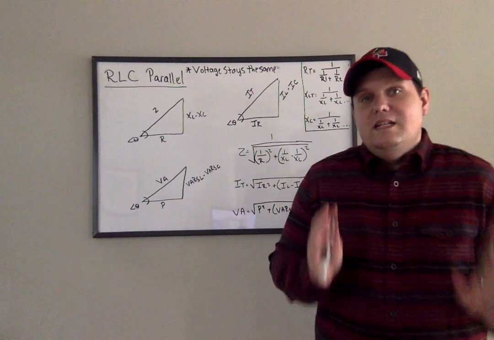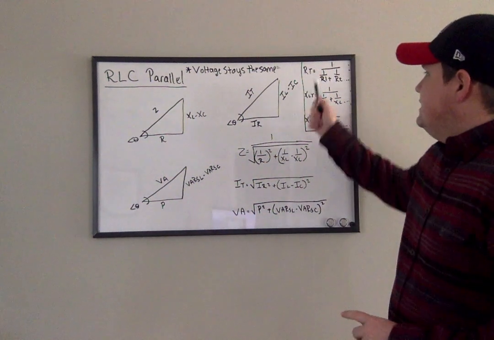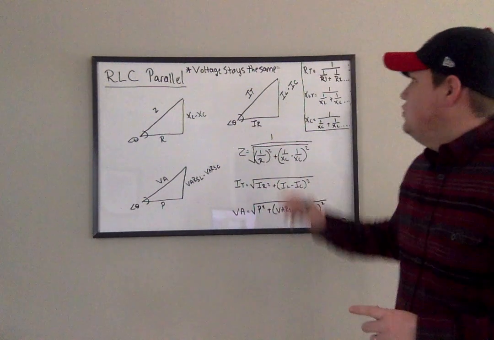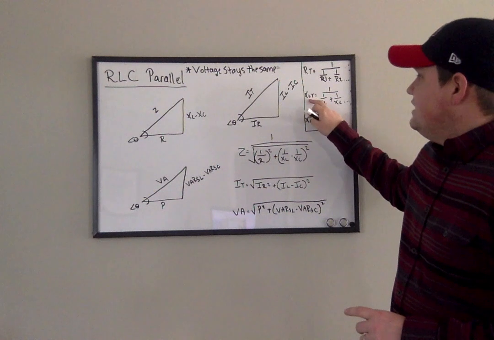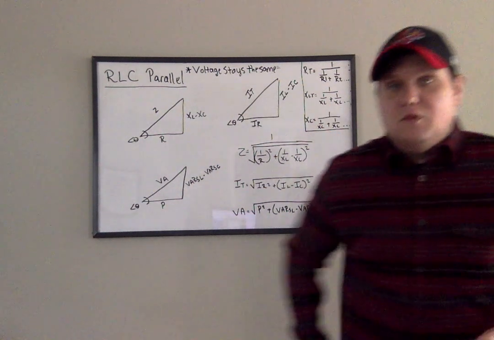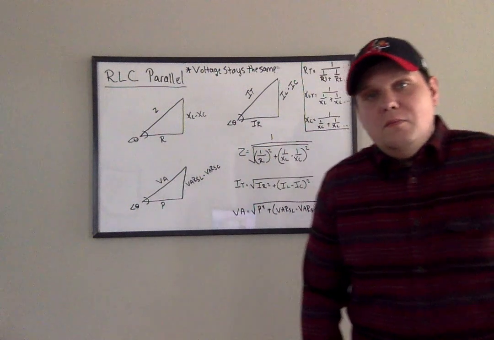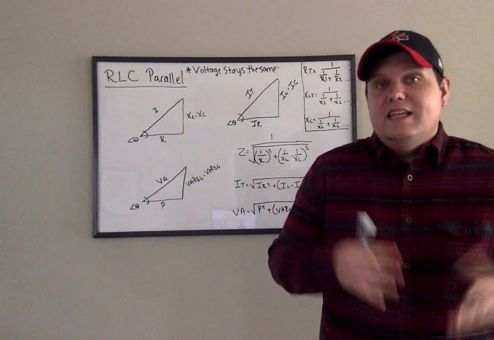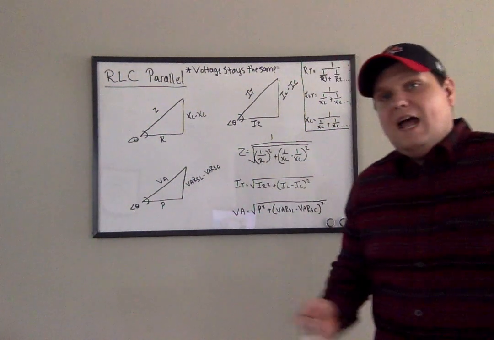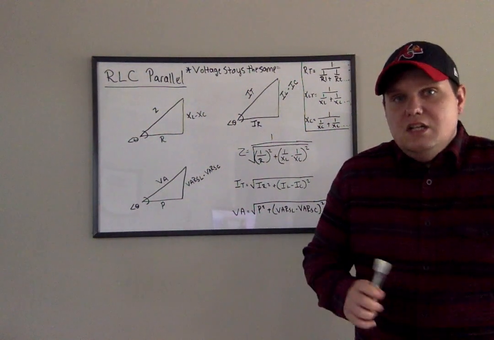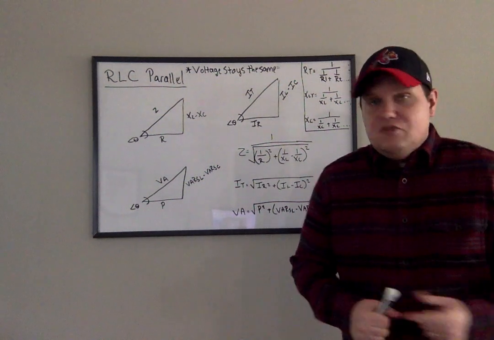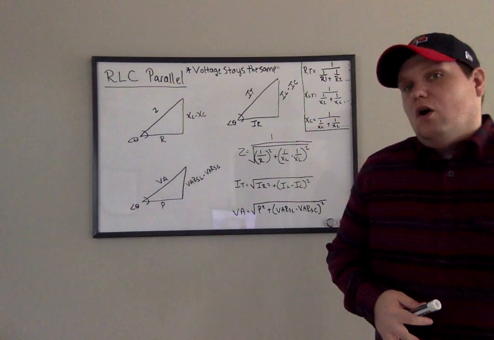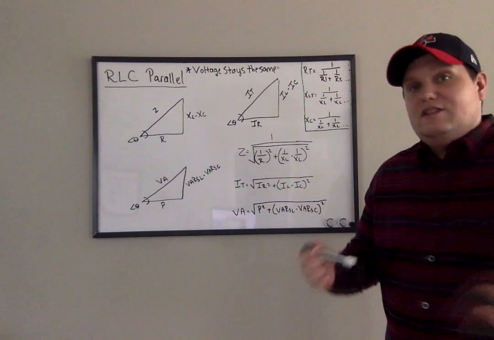The main thing that we need to remember is that when we are adding ohm values, and these ohm values include resistance, inductive reactance, and capacitive reactance, all of those are measured in ohms, so when we're adding multiples together and getting those individual totals, we have to do that reciprocal method. For instance, if we have multiple resistors, we want to do the 1 over formula: 1 divided by 1 over R1 plus 1 over R2, and so on,